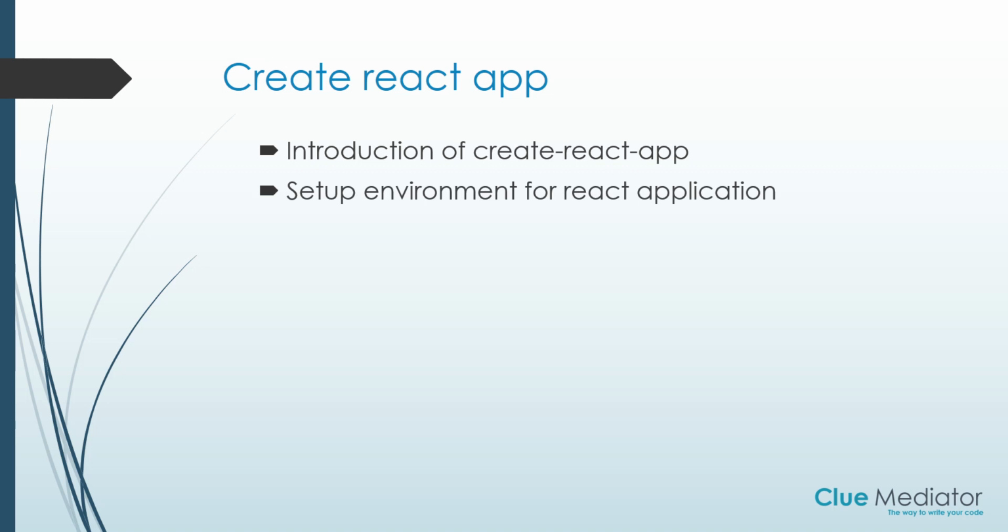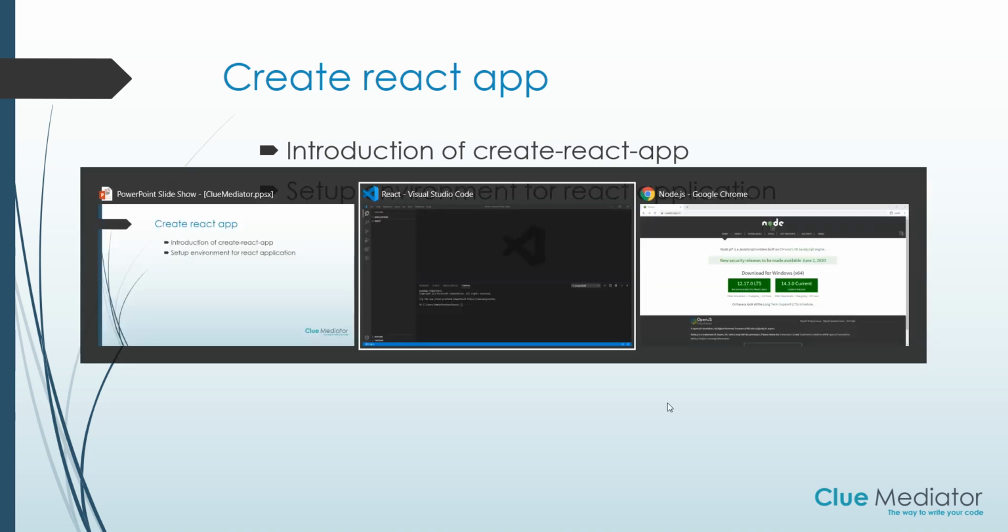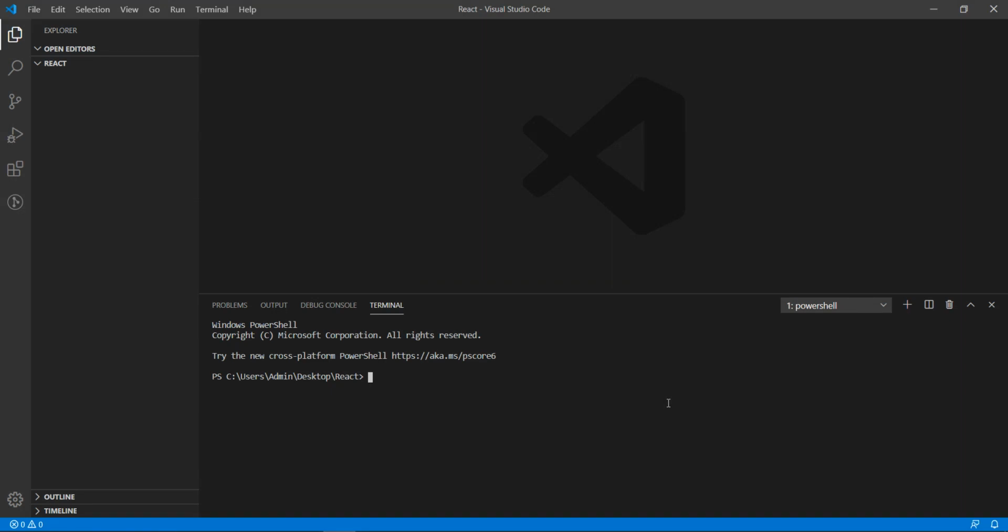So what are the minimum requirements to use create React app? You will need to have node and npm installed in your system, and the node version should be greater than 8.10 and the npm version should be greater than 5.6. So how do we know whether it is installed or not in your system? To check, we need to run two commands in the command line interface.